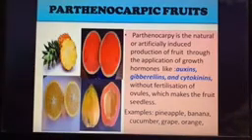Now another very important term for your examination, that is parthenocarpic fruits, right? So parthenocarpic fruits are those which develop without fertilization. If the fruit is developing without fertilization or without syngamy, then it is said to be a parthenocarpic fruit. So parthenocarpy may be natural or it may be induced artificially by application of certain growth hormones, right?